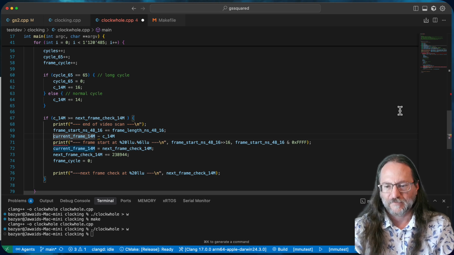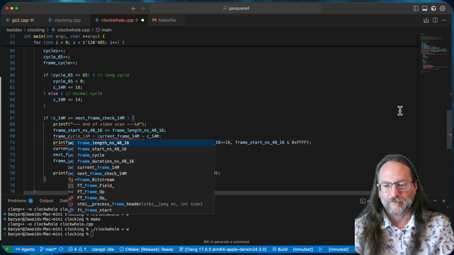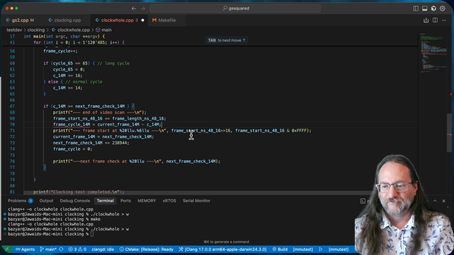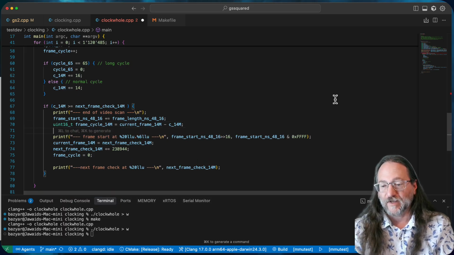Okay. Frame cycle 14M is that. Okay. Frame cycle 14M. And then I can do my multiplication to say